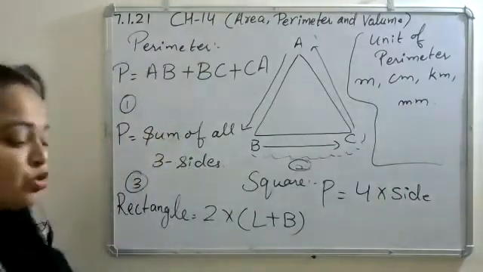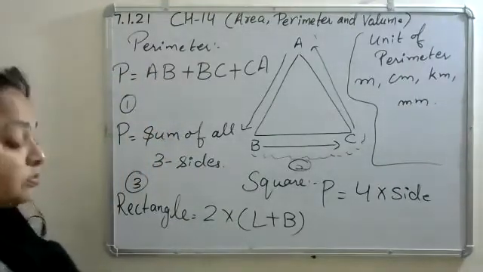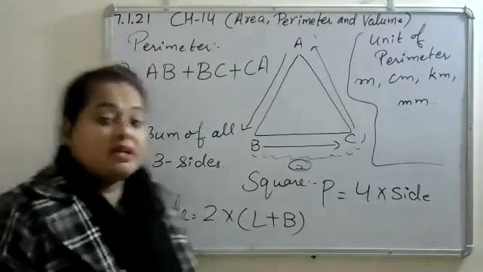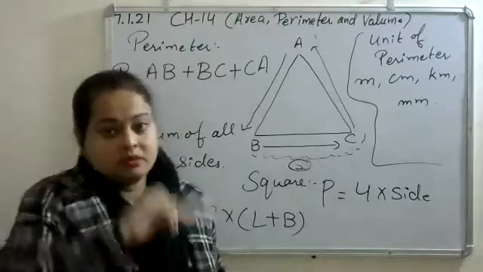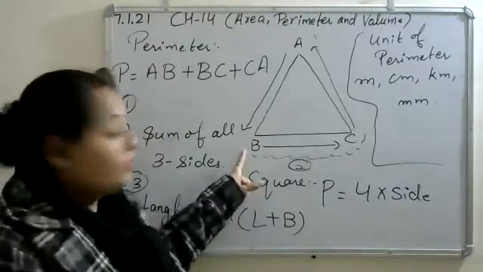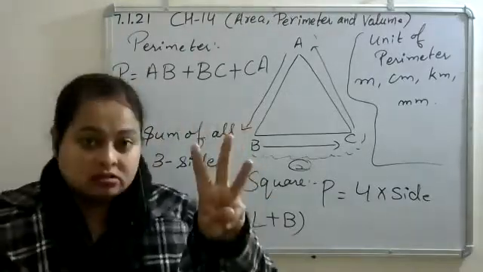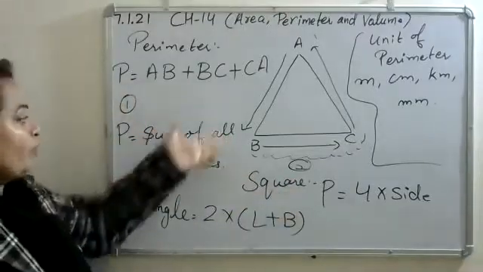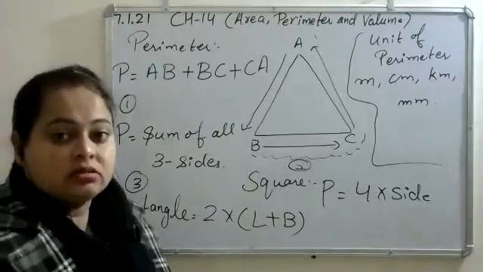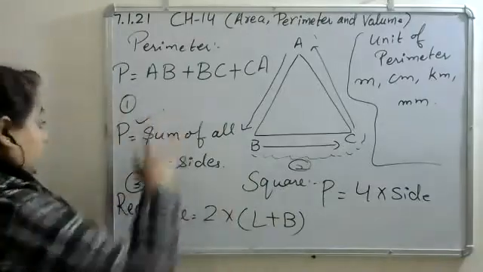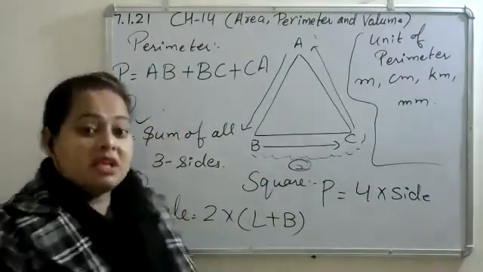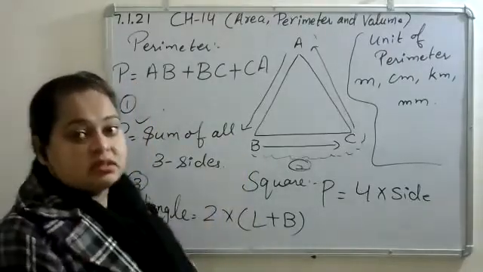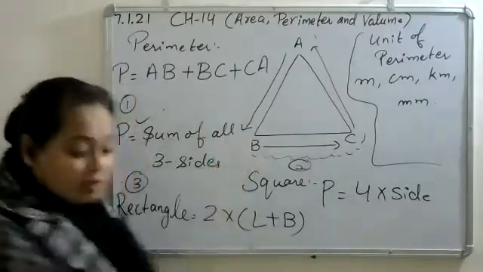Now Divya, listen to me very carefully. Triangle perimeter. Perimeter means outer boundary. In a triangle, we have 3 sides. So what is the perimeter? Sum of all 3 sides. That's it. This is the formula. Perimeter means outer side, so in a triangle we have 3 sides and you will simply apply the formula.